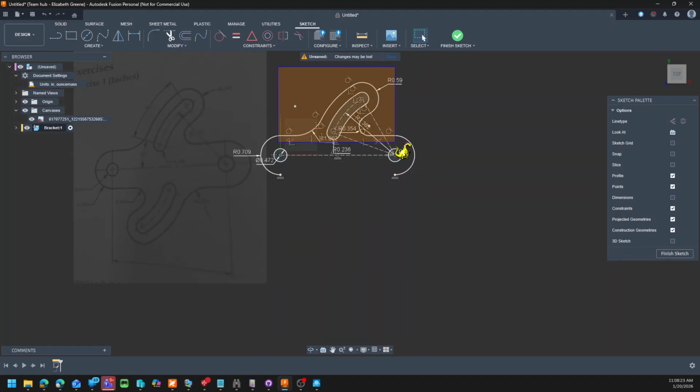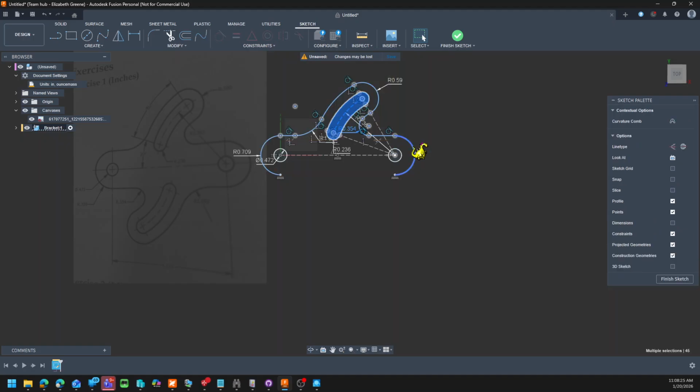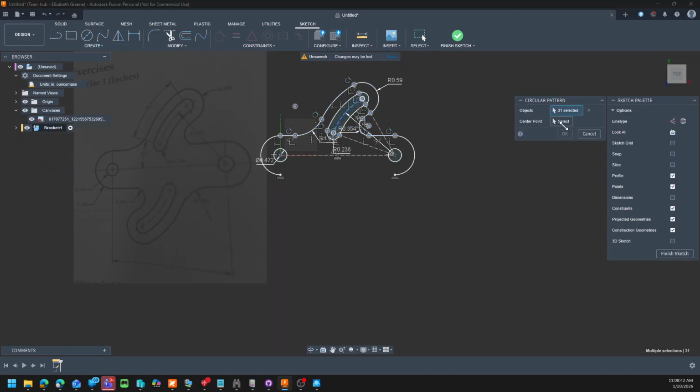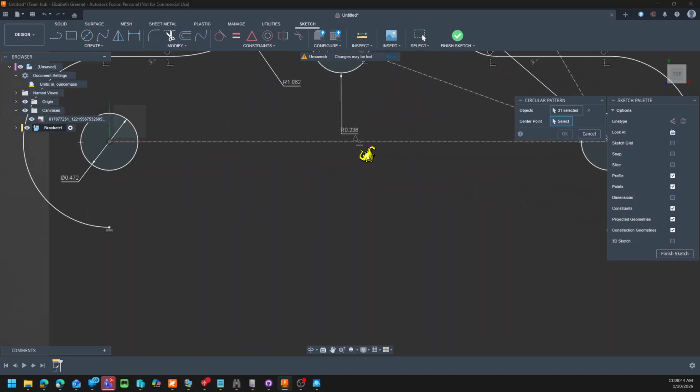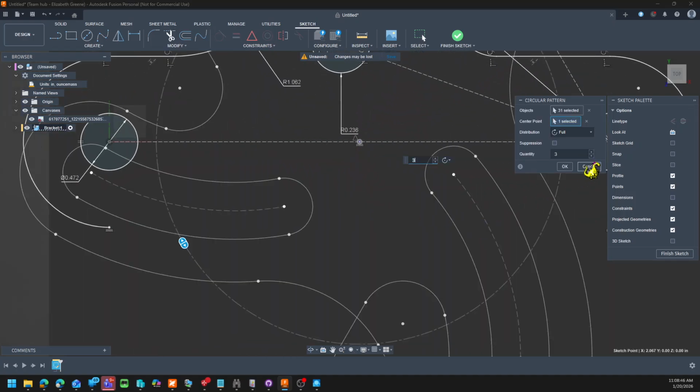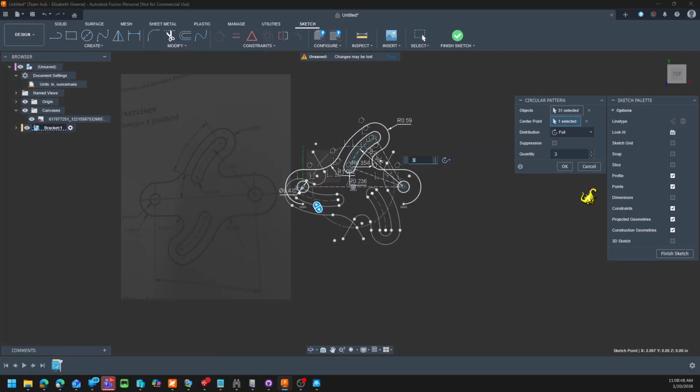Now, third time's the charm. Go through and select all of these. I don't want this. I said I don't want this. Right, so that's all of that geometry. Create circular pattern, and the center point is going to be this point I just created here. And that looks crazy, but if I move this down to 2,